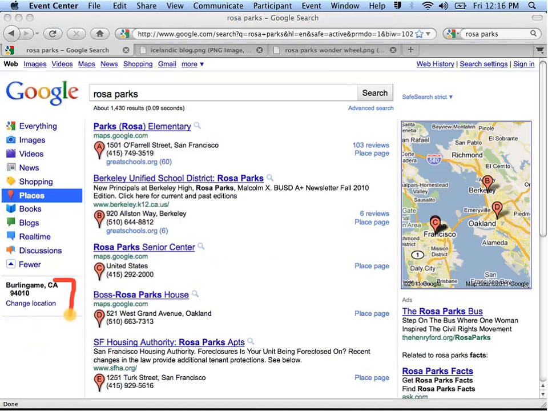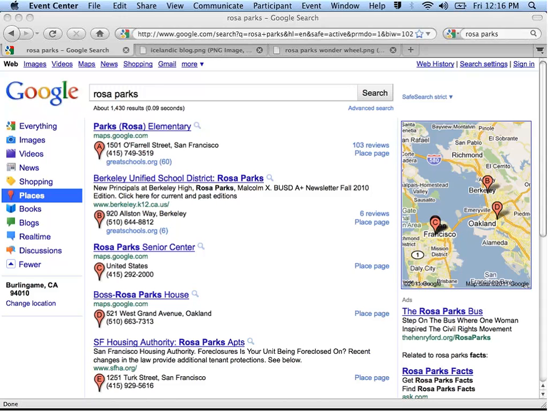Again, my current stated location to Google. And actually, I have to tell you that sitting here in Google headquarters, I've actually searched as if I were in Kampala. There are many, many options for location. But in any event, right now, I'm sitting in Burlingame from Google's point of view, and I am looking at